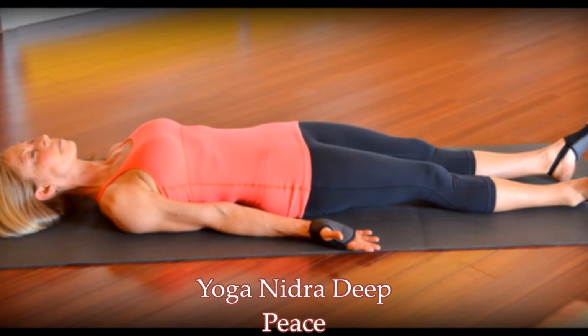toe. Left hand thumb, first finger, second finger, third finger, fourth finger. Palm of the hand, back of the hand, forearm, elbow, inner elbow, upper arm, shoulder, side of the waist, hip,